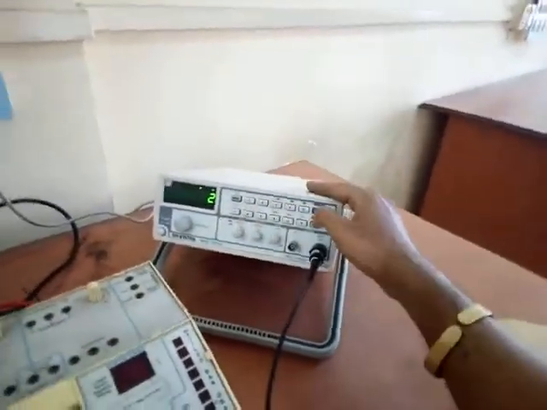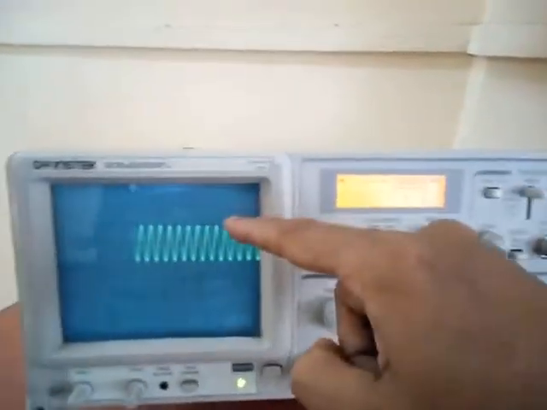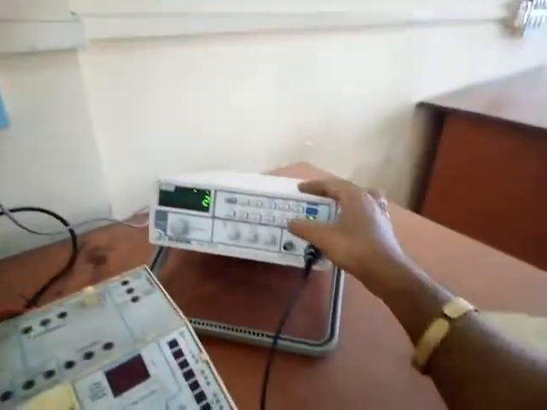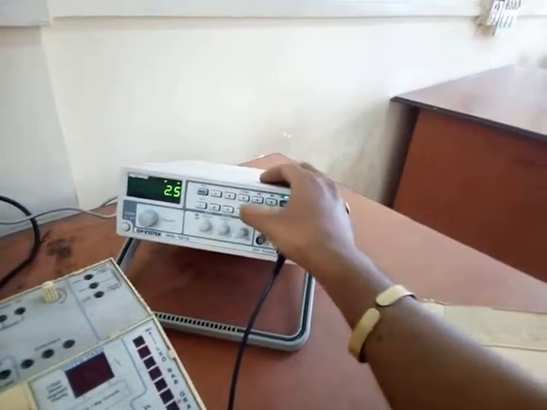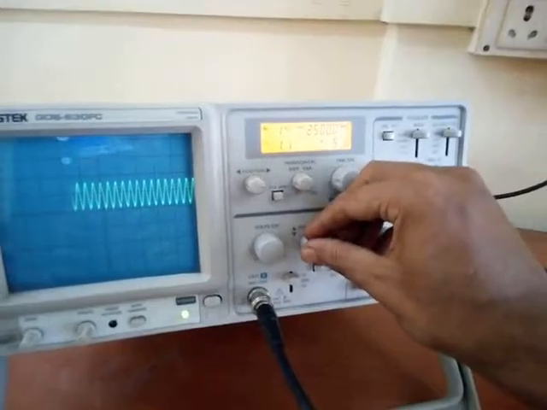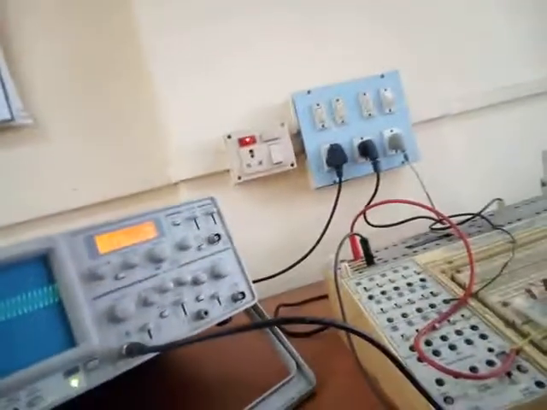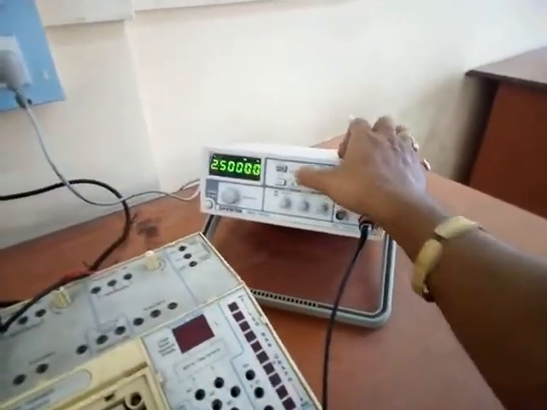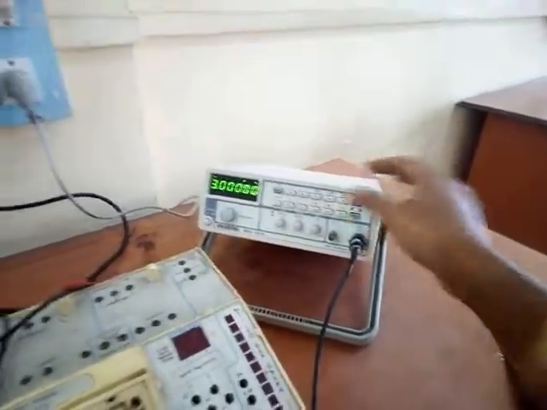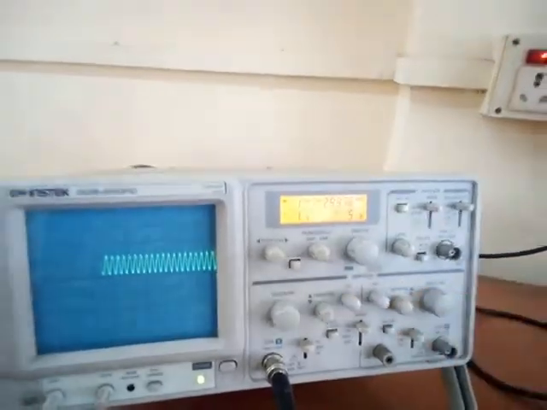Now 2 megahertz, it is 2 into 1, that is 2 volt. 2.5 megahertz, the amplitude is getting down, it is 1.6 into 1, that is 1.6 volt. Now going to 3 megahertz, it's almost low, this is 1.2 volt.